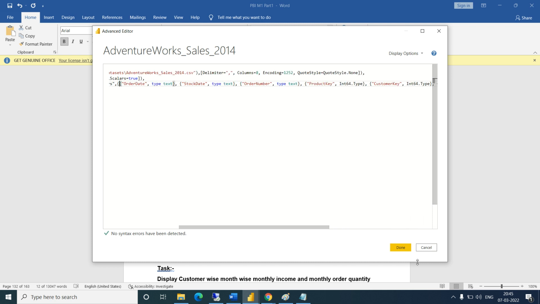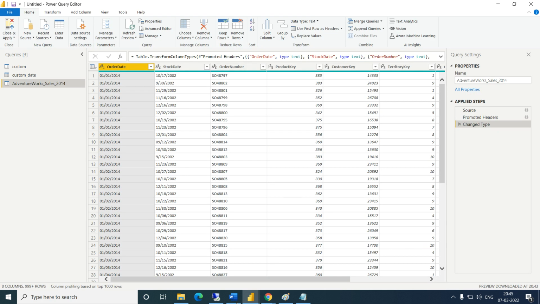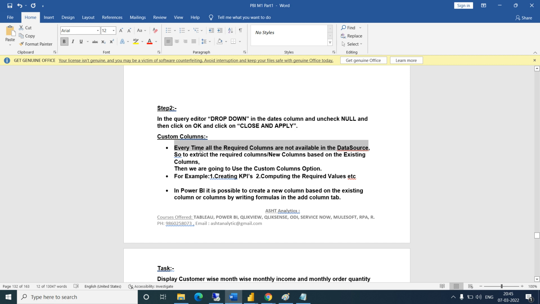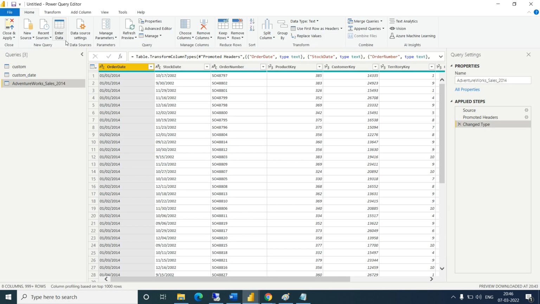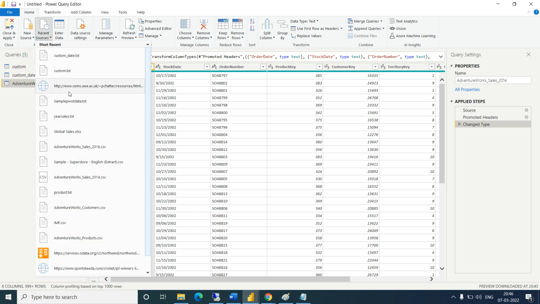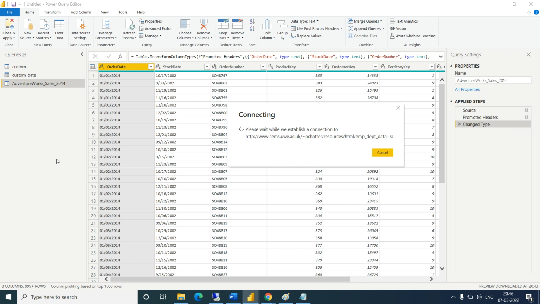Let's take this example in the notes. What is it saying? If you already have some columns and you require some different column, let's connect with one of the recent data sets.